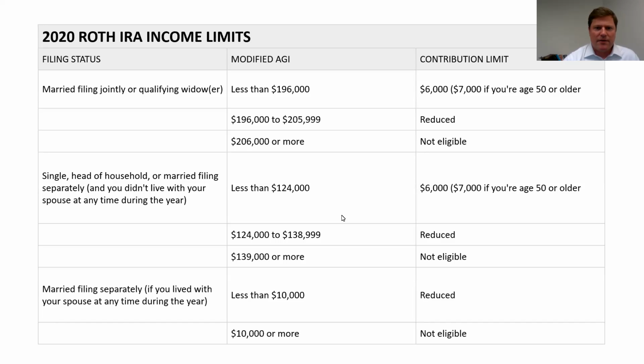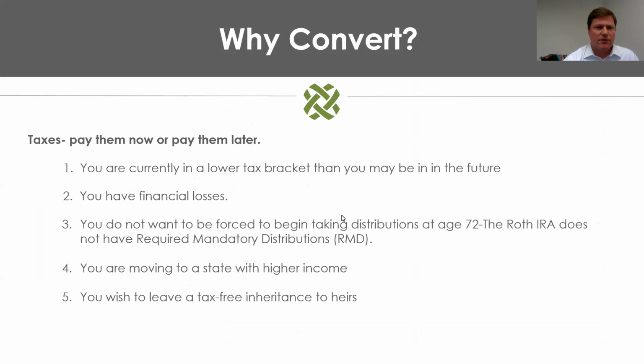But both of these IRAs are great tools from a tax planning standpoint, a tax diversification standpoint. You're going to hear that again later, tax diversification. So you want to make sure that if you cannot participate in a Roth IRA, you are looking for opportunities to participate in a Roth strategy through conversion. Jeff, why don't you take a few minutes and talk about why people might want to convert or not convert existing IRAs into Roth IRAs?